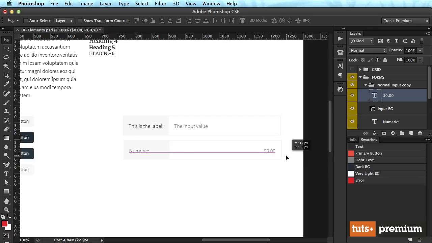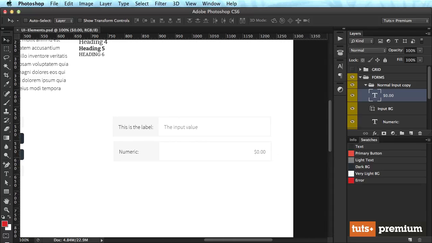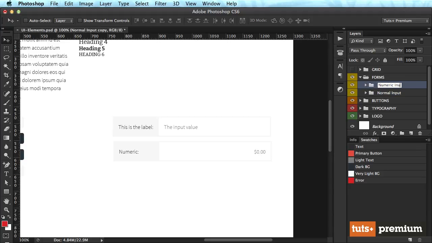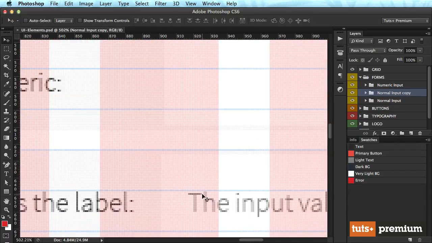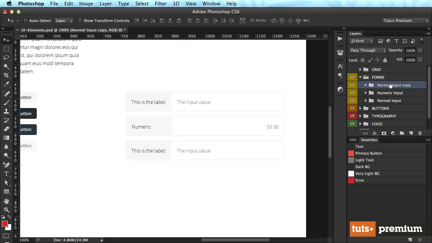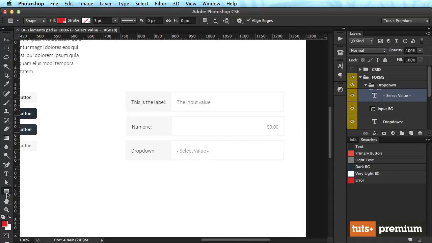Again, 16 pixels. Okay, what about a drop down? Well, let's call this numeric input. Let's duplicate the normal one. This will be a drop down. Select value, and also let's add